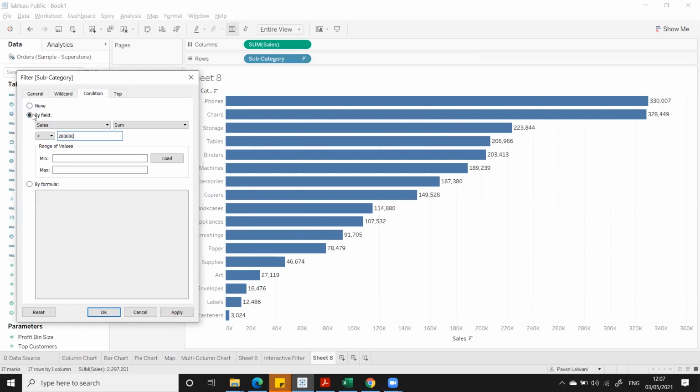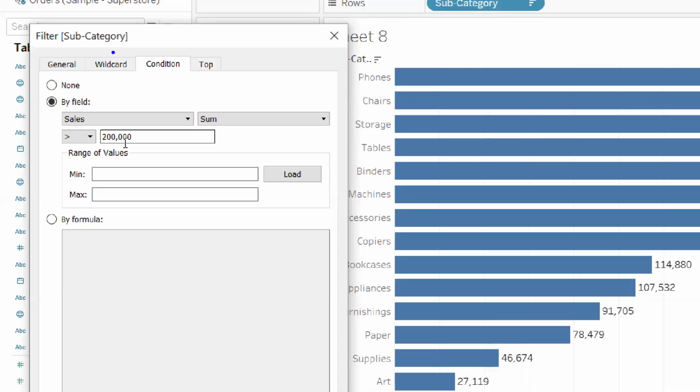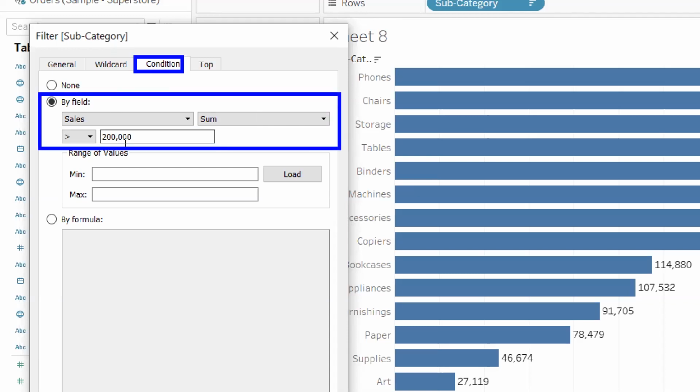Right. Next one, also you can apply some logic, that is a condition where sum of sales is above 2 lakh. Please try this example.